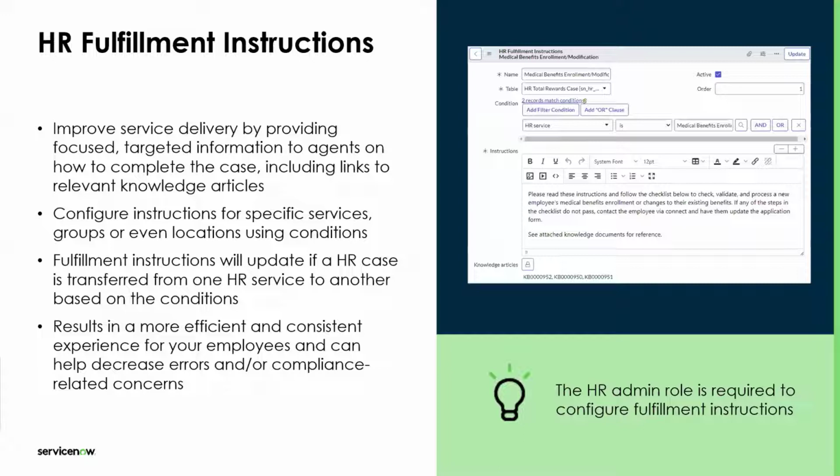Other than the fulfillment types that you would choose, there are certain other options that you can configure for yourselves. HR fulfillment instructions is one of those options. Now, this is, in our experience, a fairly underutilized option by a lot of organizations. They don't spend enough effort to load in the fulfillment instructions. But if you are thinking of scaling up your operations, if you're thinking of standardizing service delivery, then fulfillment instructions